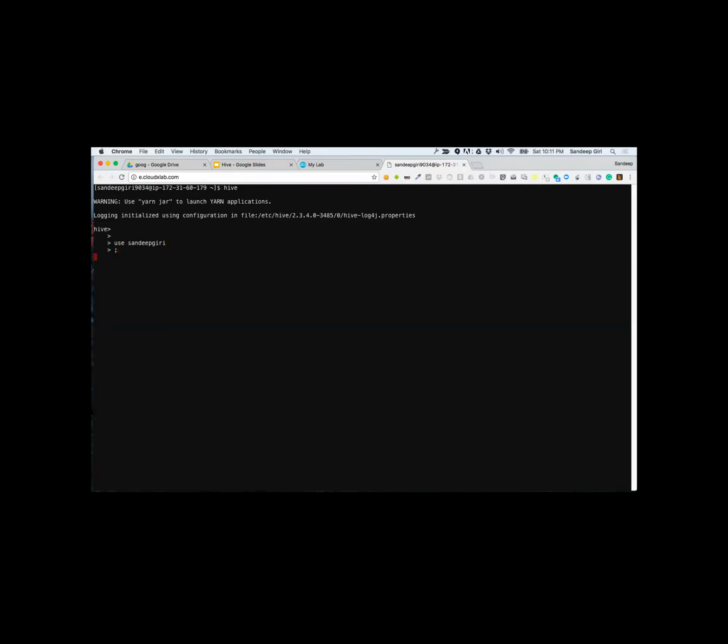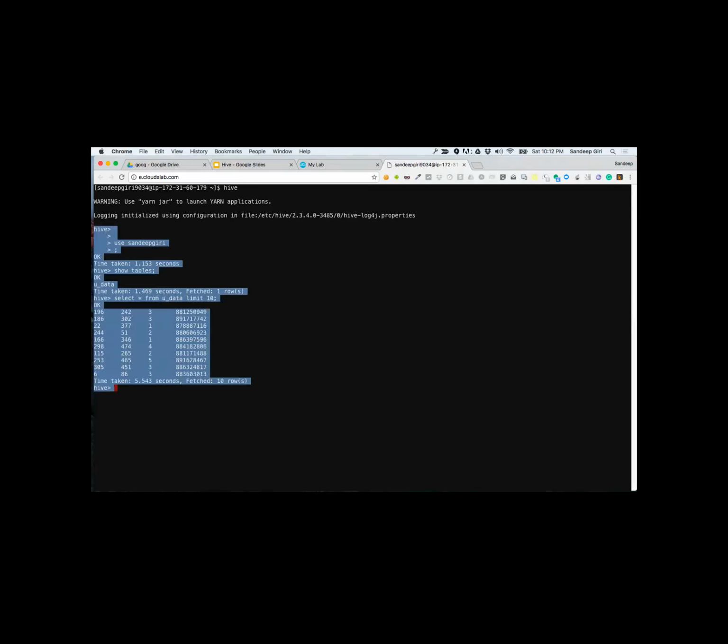That's my database. Then I can say show tables. It shows me the tables. Good. And then I can say select star from u underscore data limit 10. Just show me 10 records. I'm going to copy paste it to all of you, so that you can try it out.